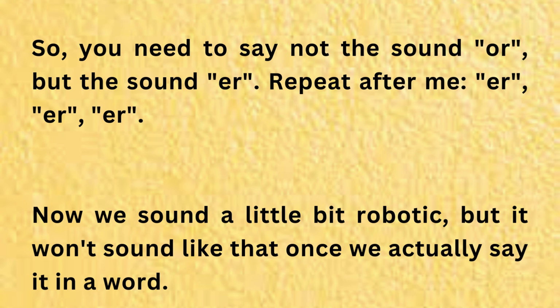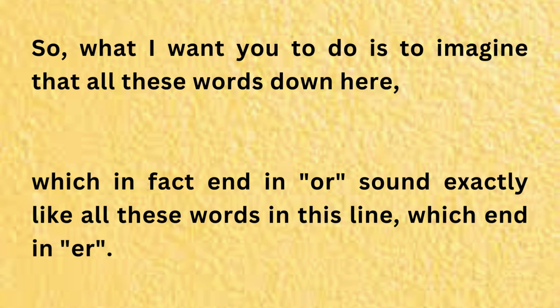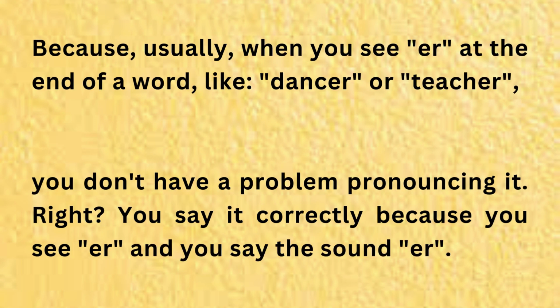Now, we sound a little bit robotic, but it won't sound like that once we actually say it in a word. So, what happens when "or" appears at the end of a word? It becomes reduced, shortened, and we don't stress it as much as when we were saying it at the beginning of a word. Okay? So, what I want you to do is to imagine that all these words down here, which in fact end in "or", sound exactly like all these words in this line, which end in "er",